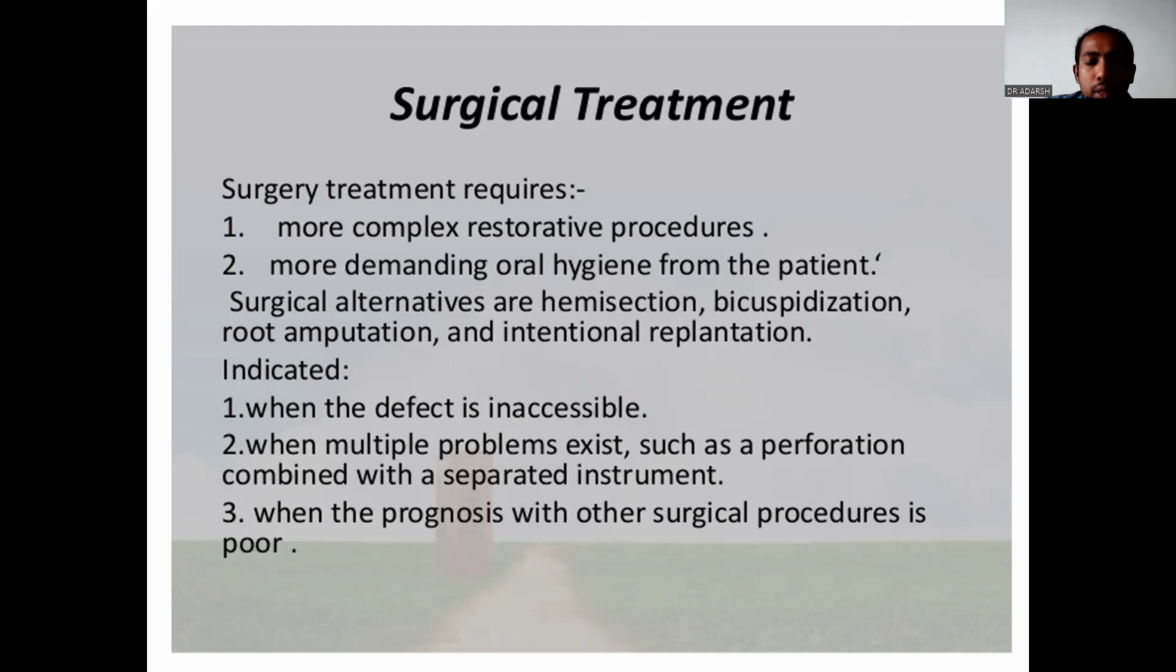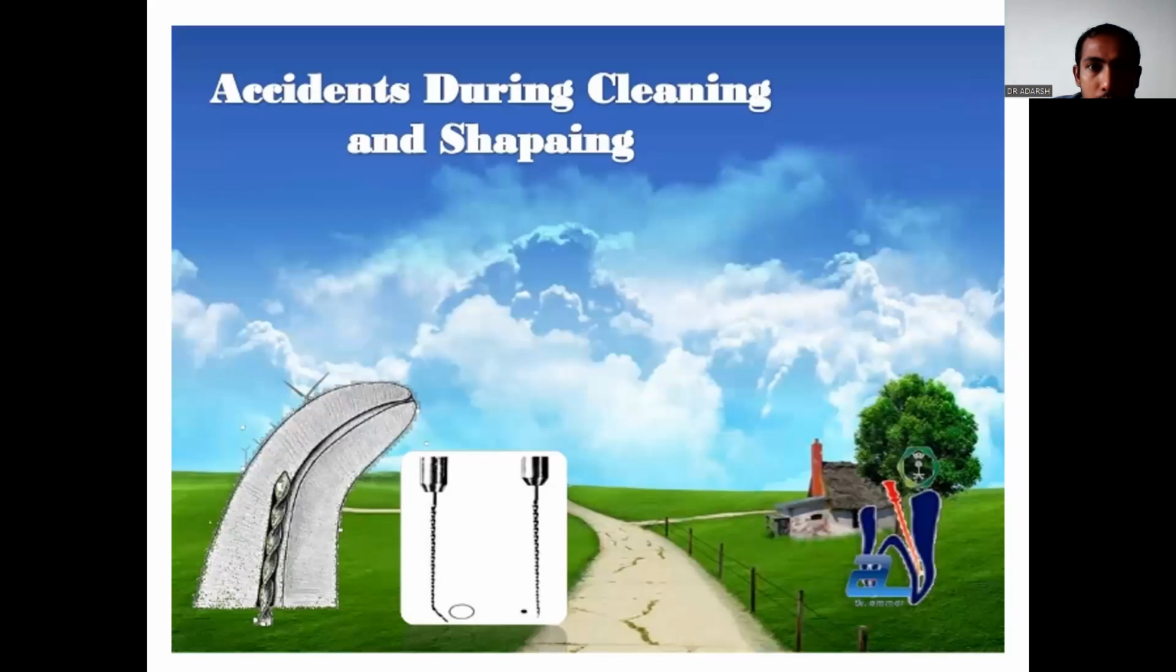Intentional replantation: if the defect cannot be repaired within the oral cavity, we can repair it outside. After extraction, repair it, and then reimplant it. That is called intentional replantation. So whenever the defect is inaccessible, whenever multiple problems exist, such as perforation combined with a separated instrument, and whenever the prognosis with other procedures is very poor, we proceed with the surgical mode of treatment. So that covers the topic of accidents occurring during